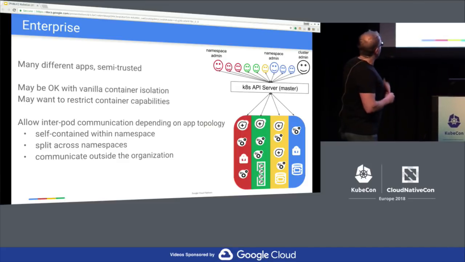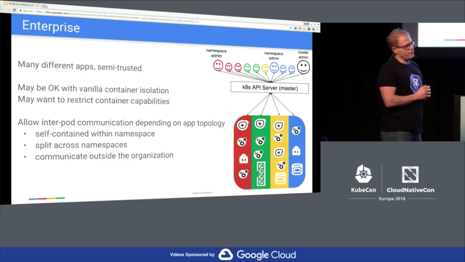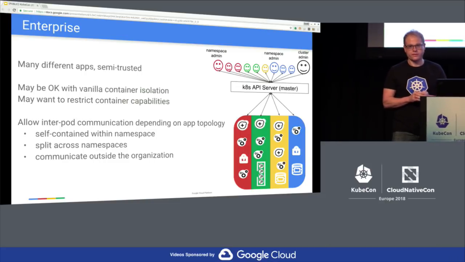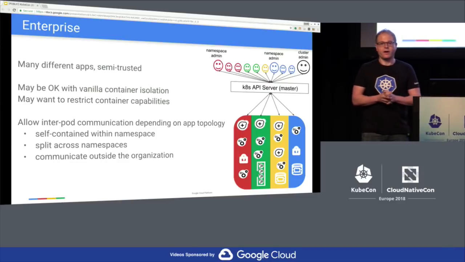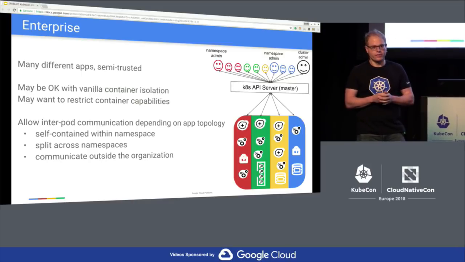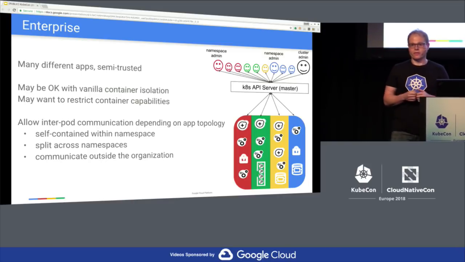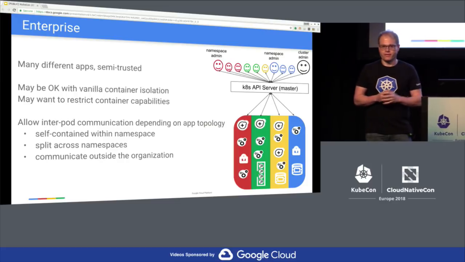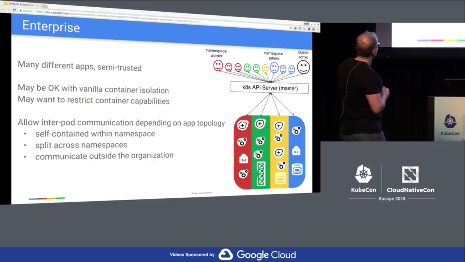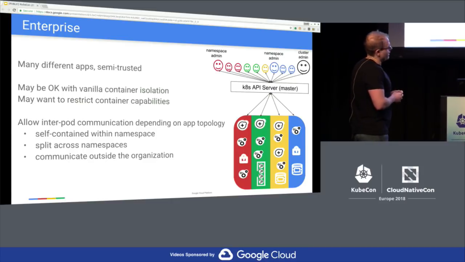And so in this case, the organization might be okay with the normal container isolation, just the features you get out of the box with a Docker, for example, container, or they might want to add additional restrictions like not allowing containers to run as root or use host networking or run as privileged. And we'll talk a little bit later about some of the Kubernetes features that allow you to place those kinds of restrictions on containers. And then at the network level,